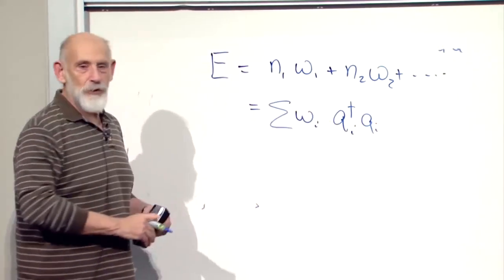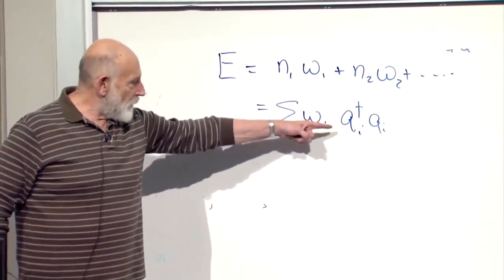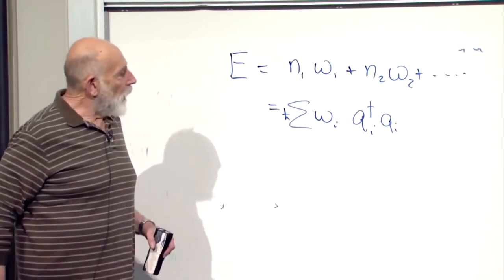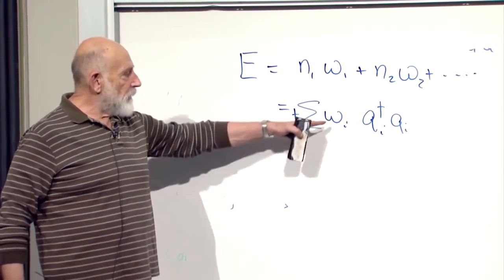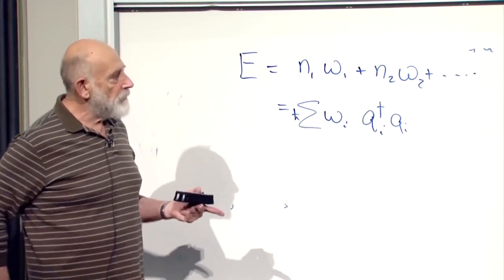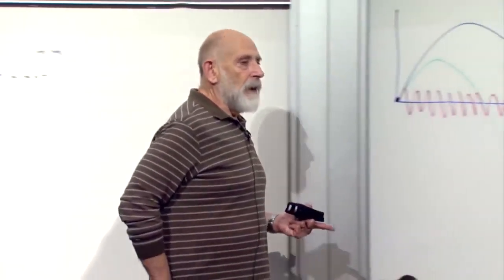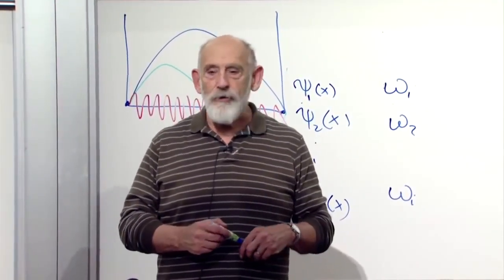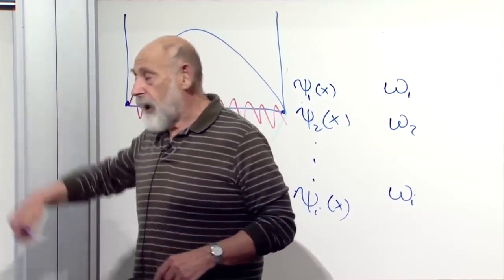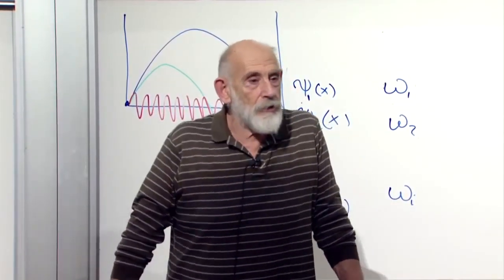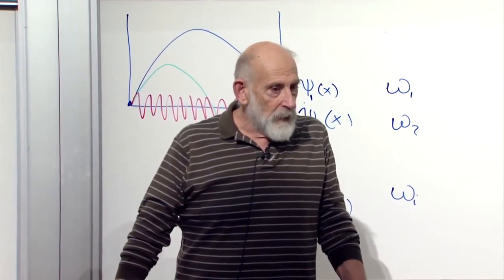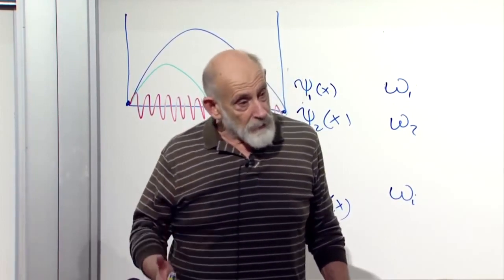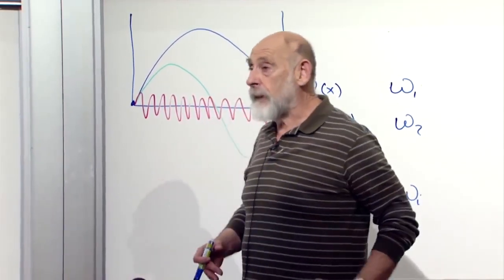Notice that each one of these is just the oscillator formula. There would be an h bar in here; put an h bar if you like. This is just the oscillator formula, but now it's summed over all the possible states. You can think of it two ways. You can think of the system of particles as equivalent to oscillators, and those are just the oscillator energies. Or you can say it's just the sum of the energy of all the particles: the number of particles in the first state times the energy of the first state, plus the second state times the energy of the second state, and so forth, and it comes out to the same thing.